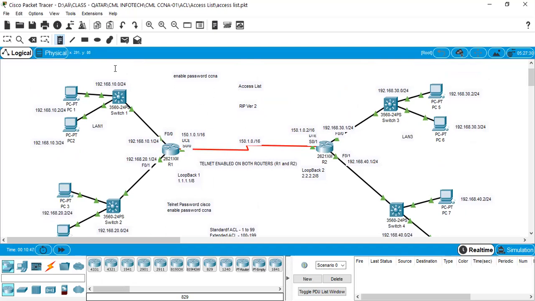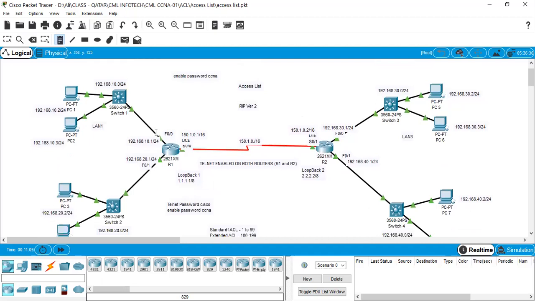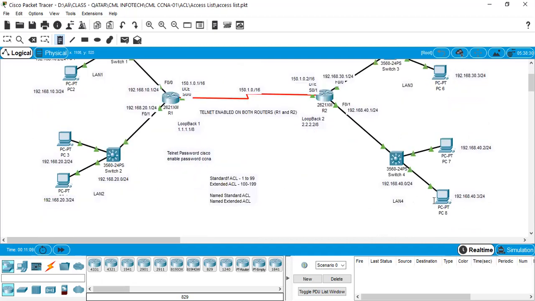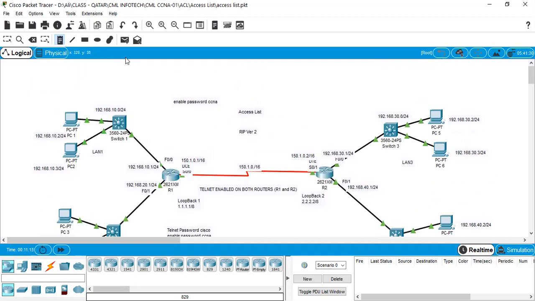So the first task for us, before we further talk about an access list, is to confirm that you have reachability. You know routing, right? So here we have unknown networks from R1 to R2 and vice versa. Like 10 and 20 are unknown to R2, and 30 and 40 are unknown to R1. The first task for us is to create routing between these.